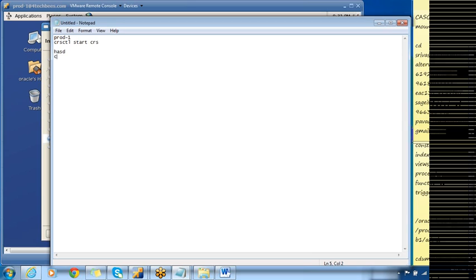After that it will start CSSD, then EVMD, after that CRSD. Once it starts these services, then it will go ahead and start up the ASM, listener and disk groups. Before starting the ASM, it will start the SCAN listener. To start the SCAN listener, it has to start up the SCAN IPs. Then it will start the virtual IPs. After that it will go for ASM, listener and the disk group.